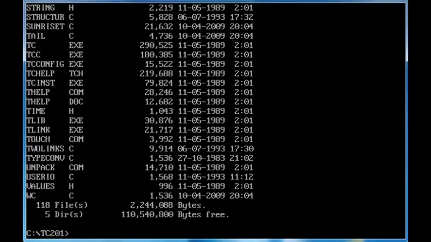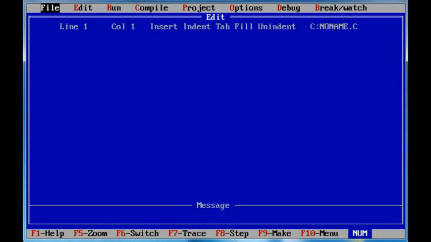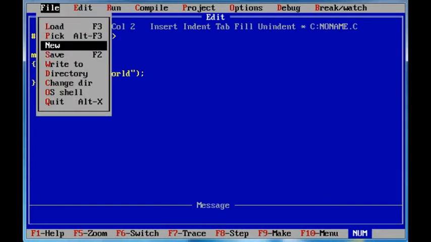So yeah. Now I'll make a new program. Standard io header, main, open parenthesis, close parenthesis, open curly brace, the printf function, hello world, and end curly brace. So we go to file and save,